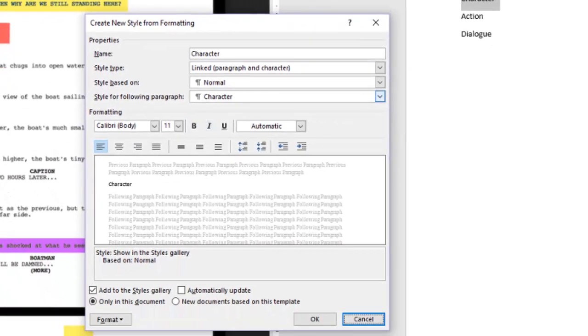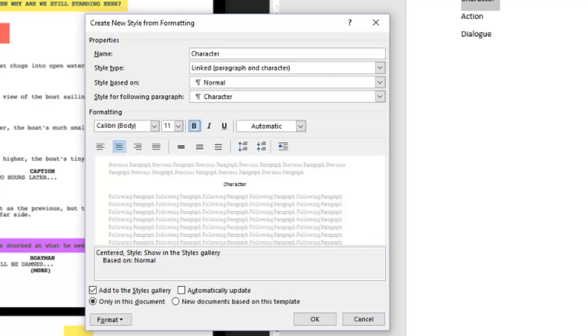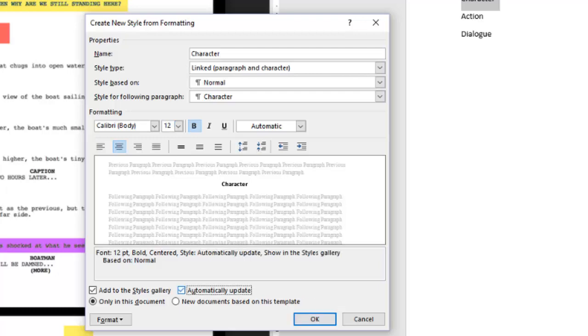Modify. I want this to be centered. I also want it to be bold, and I'm going to want it to be about 12. Let's automatically update.